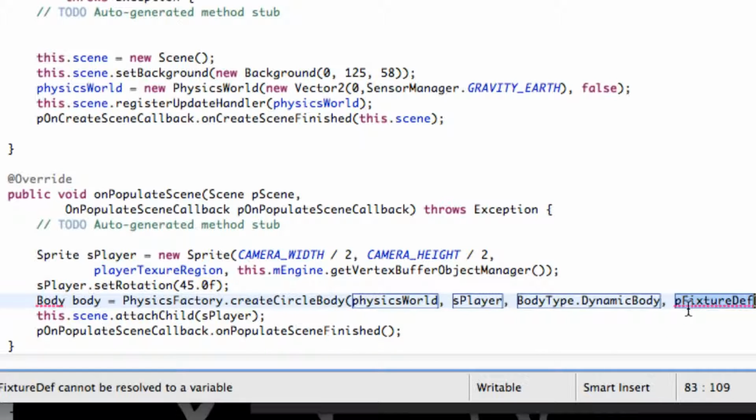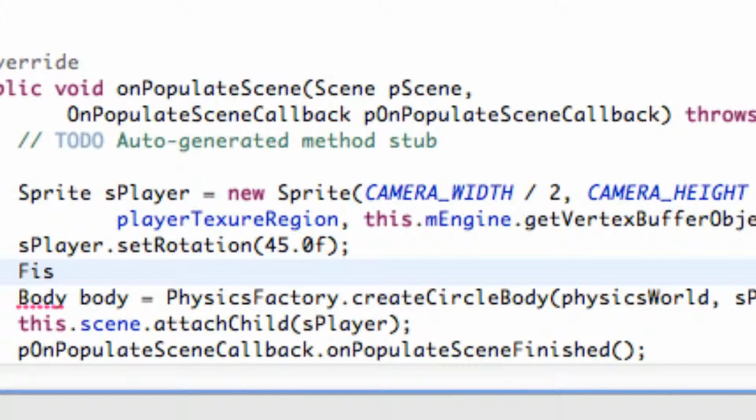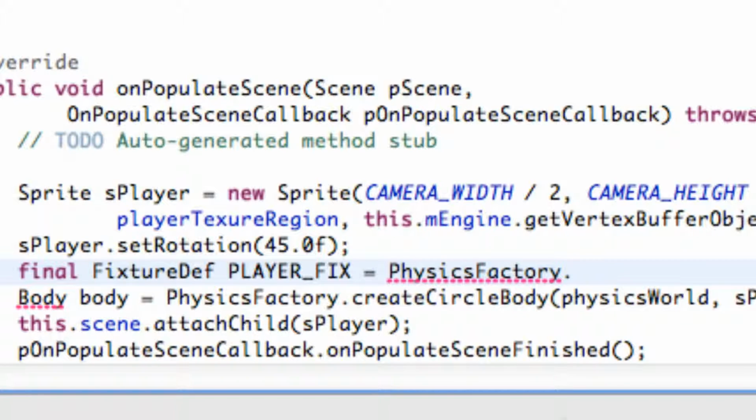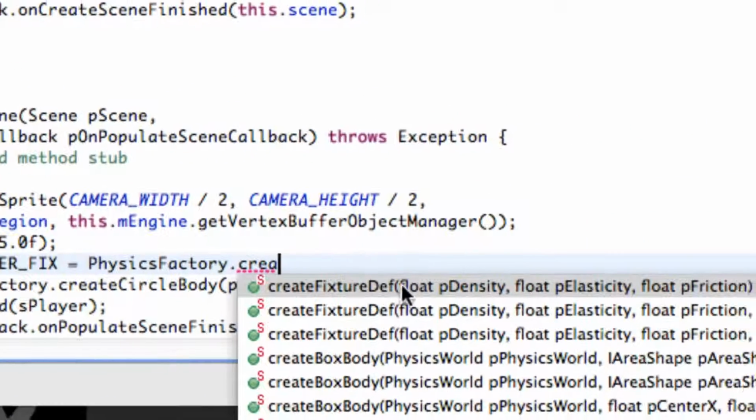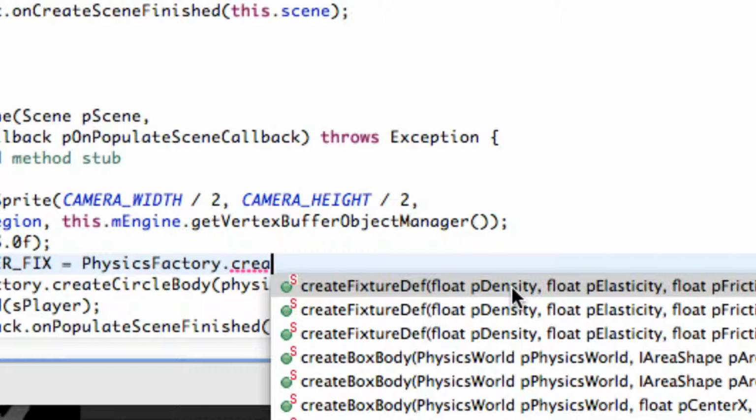And lastly, we have to define what type of fixture def we want, and we're going to create a new fixture definition here. I'm going to call this player fix, and maybe this will be a final, and this is going to come from the physics factory, and we're going to say create fixture definition. Density is going to be like how heavy Fred is. Essentially, it's going to be his mass per volume,